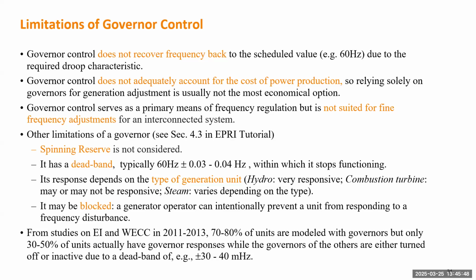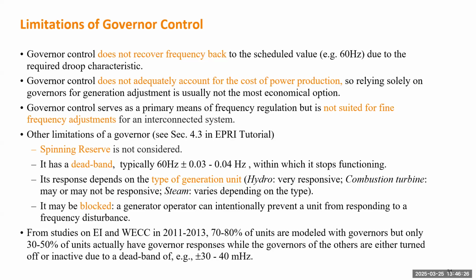Based on the studies on the Eastern Interconnection and Western Interconnection from 2011 to 2013, 70 to 80% of units are modeled with governors, which means if you look into the dynamic model, you do see the governor model, you see the R value there, right? So there's some kind of droop control there. But only 30 to 50% of units actually have governor responses. The governors of the others are either turned off or inactive, and there are two scenarios. The first one is